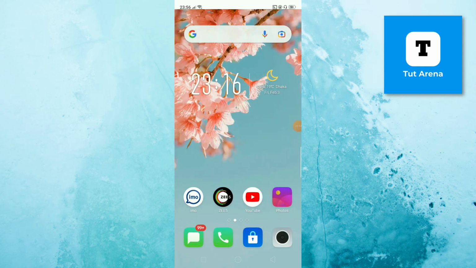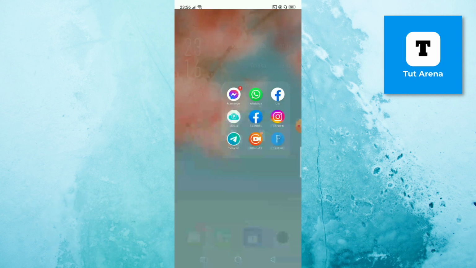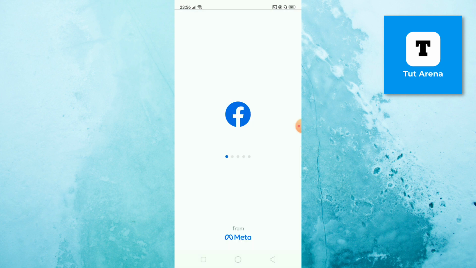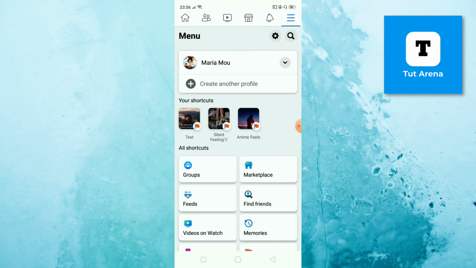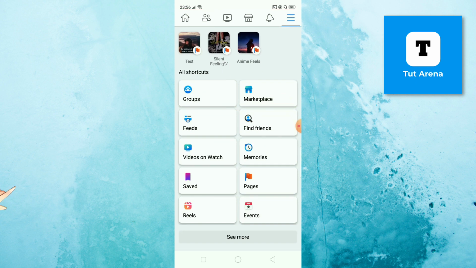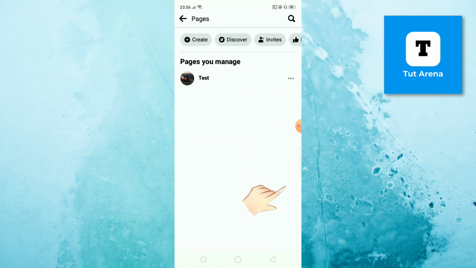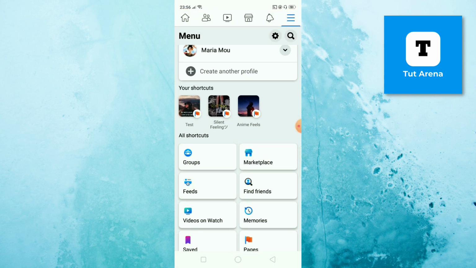In this video, I'll show you how to delete your Facebook page permanently. So for this, you have to open the Facebook app and there tap on the three horizontal lines at the top right corner of the screen, and then you have to tap on pages. You can go there like this, or you can tap here